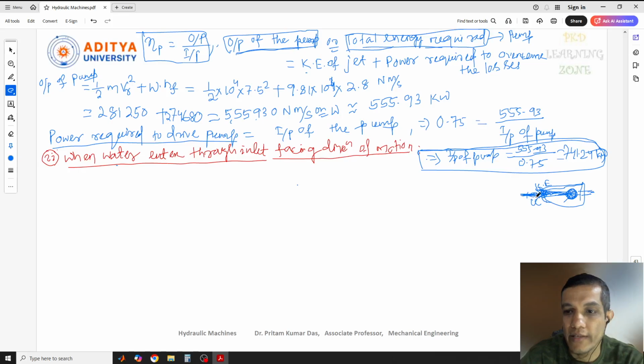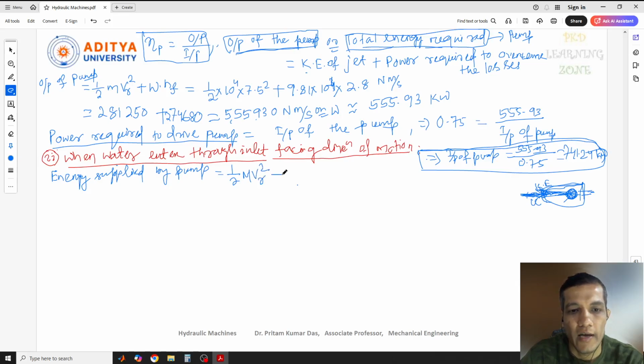So for this condition, the energy supplied by the pump equals the kinetic energy of the jet, half m v_r square, where v_r is the relative velocity,